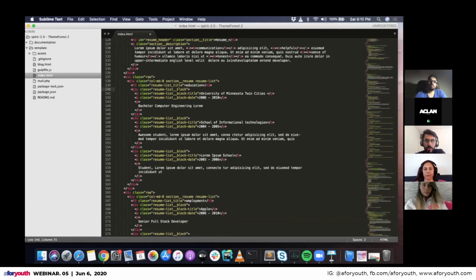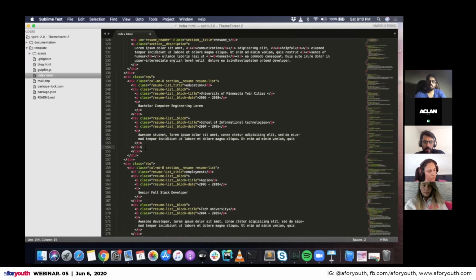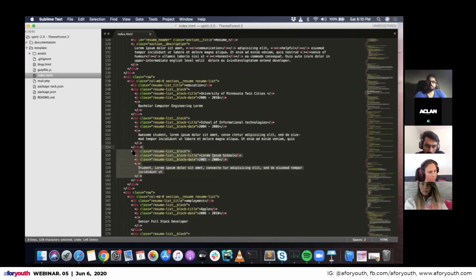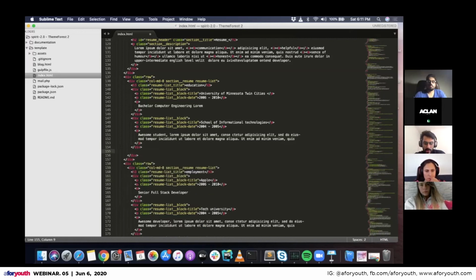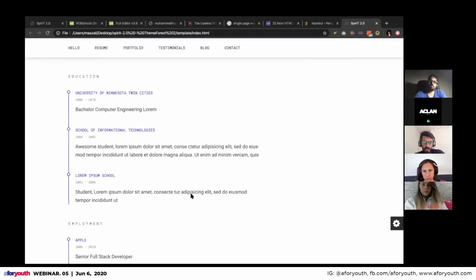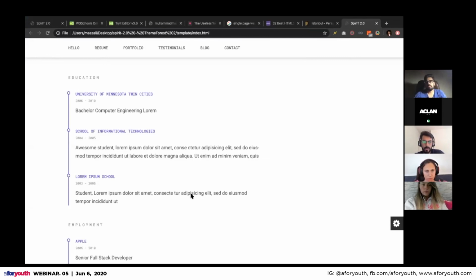Resume list underscore block. So you actually see the patterns here. This block of text is repeated 3 times. Either I can remove one of these parts, but you have to take care that you take out the opening and the closing brackets as well. When you take this out, you will see only two sections here.